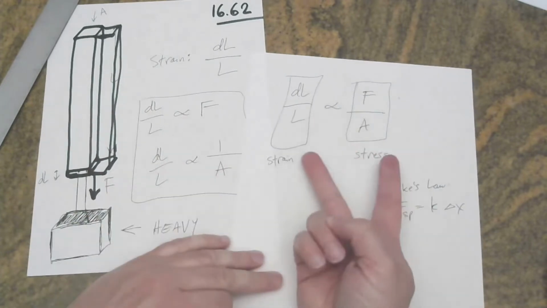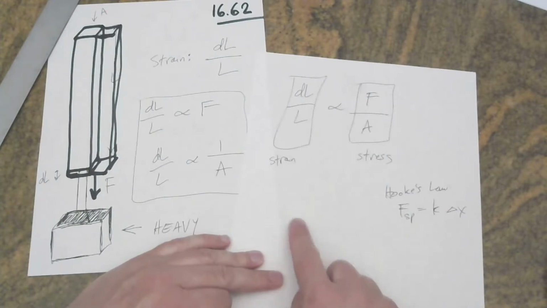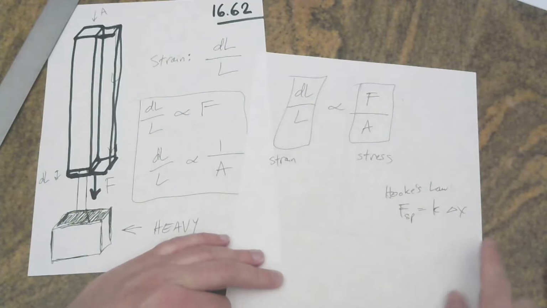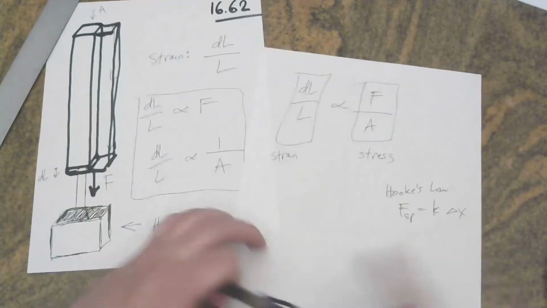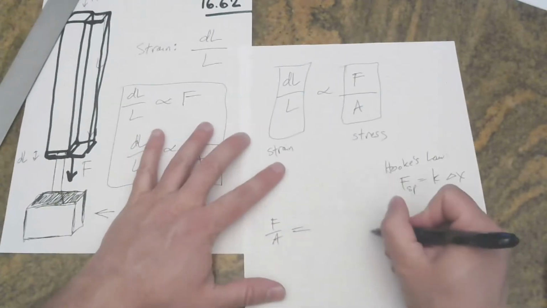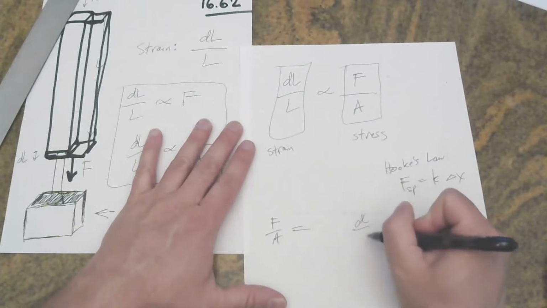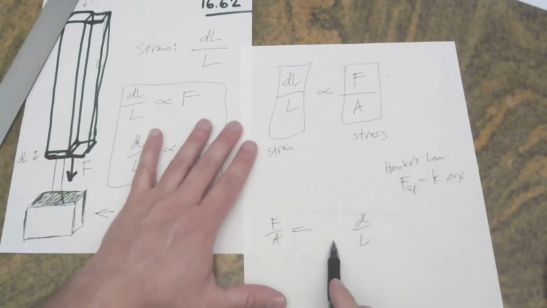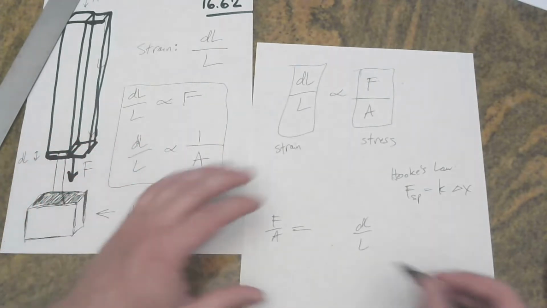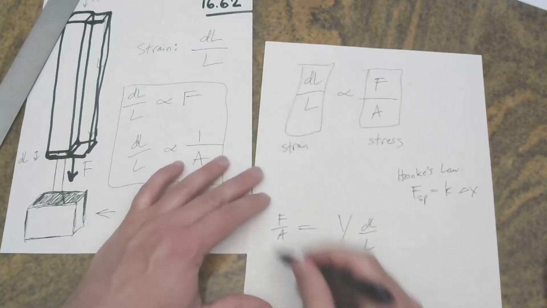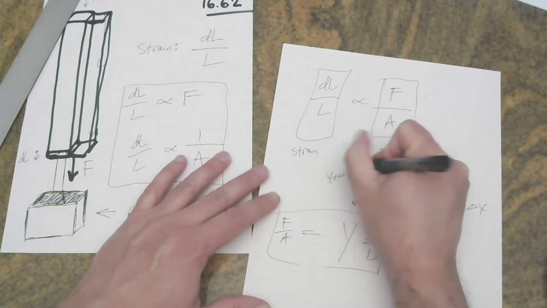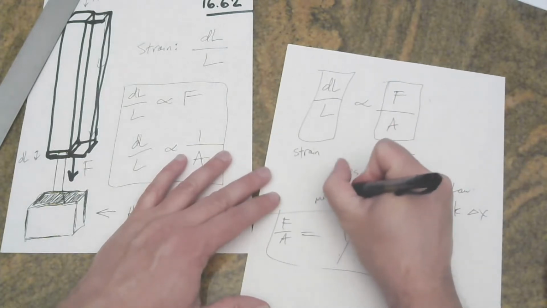If we just flip the two sides, we would have the stress on the left, just like here I've written spring force on the left, and we would have the strain on the right, and the strain is a lot like the stretch of a spring. So we'll say this: stress is equal to strain with some stiffness, so to speak, out front, some elastic quantity or some parameter that describes the elasticity of the material, and we use the letter capital Y. So it looks a lot like Hooke's law, and this is called Young's modulus,